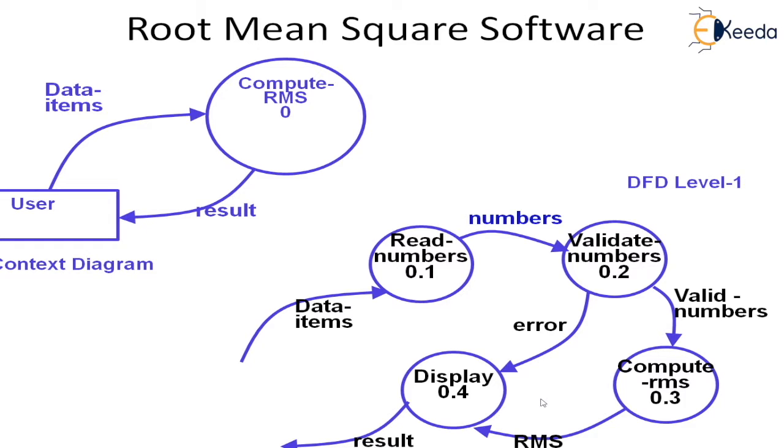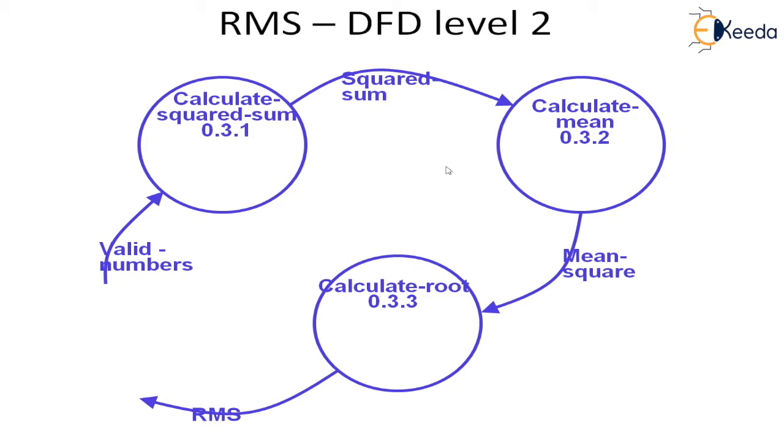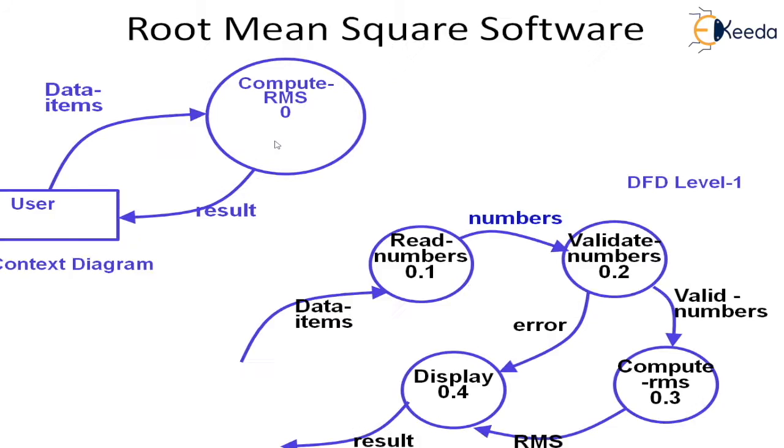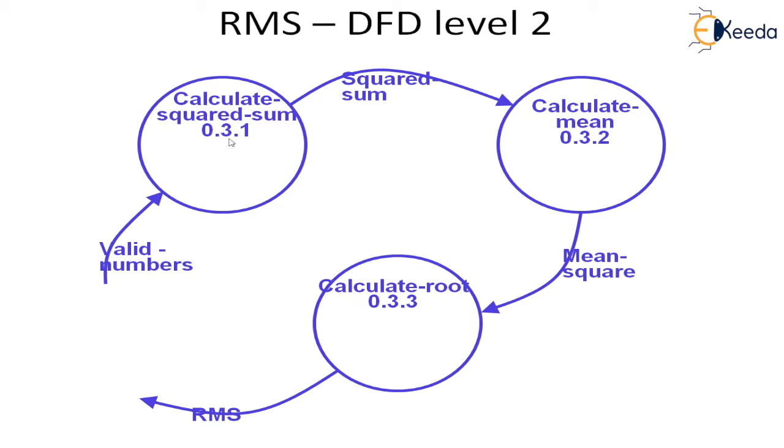Now if we want, we can break some of these processes into the DFD level 2. So in the DFD level 2, we have taken this calculated sum. You can see here this 3 compute bubble. This compute bubble has been decomposed. You can make that out from the numbering system. That is why I had said that the numbering has to be in such a way that you can identify the levels in it. So this is 3.1, so there are 3, so this is level 2, and it comes from the third process in level 1.